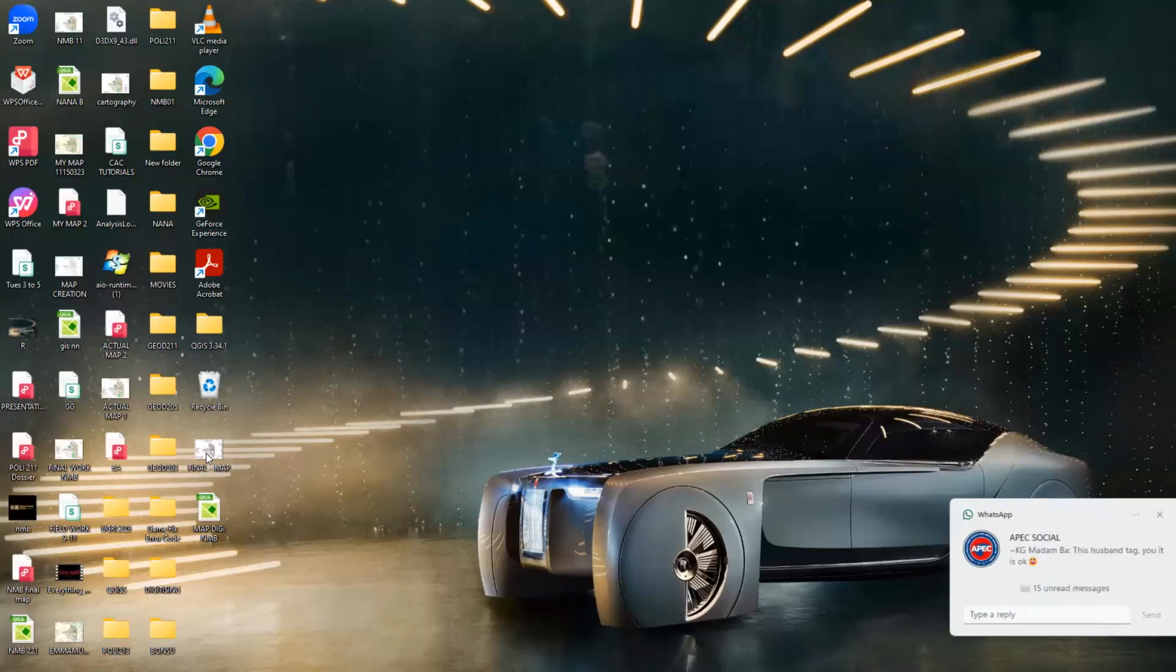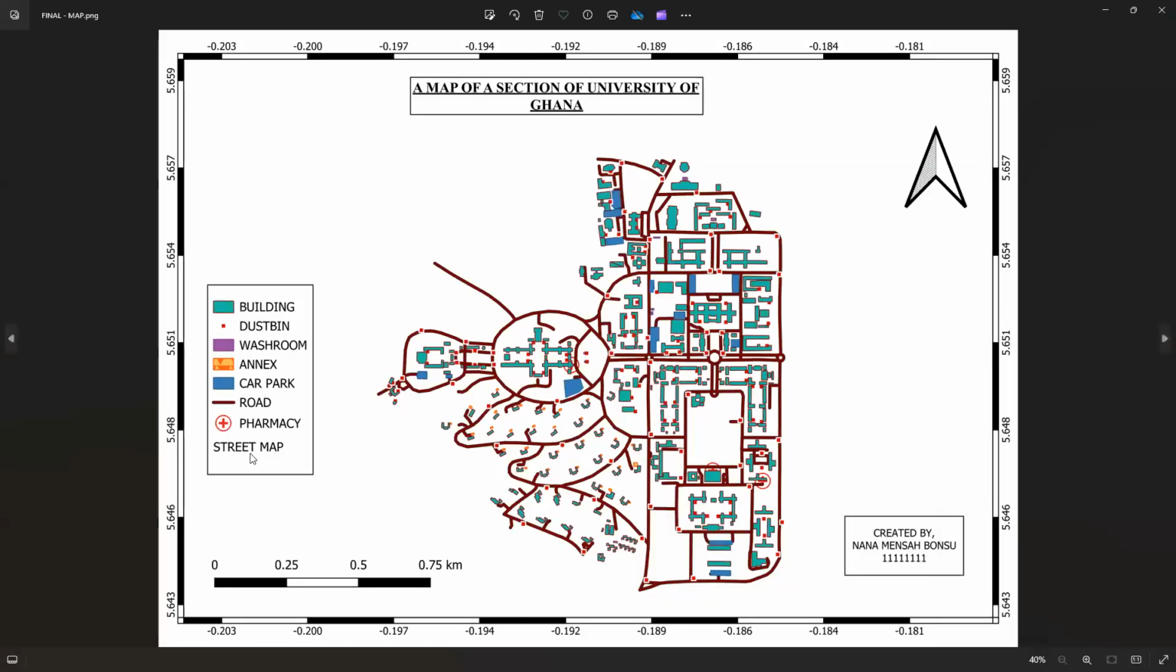Here is its final map. So this is the actual work. So you just insert this one into the report that you create or you type, sorry,